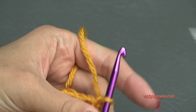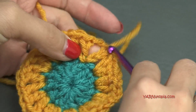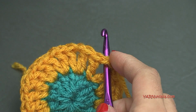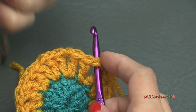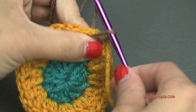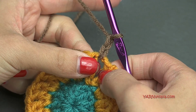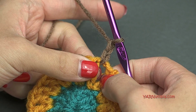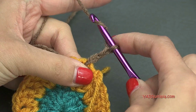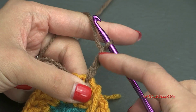But I am going to just chain 1 here, cut this yarn, pull that through. I'm going to insert my hook into any chain 1 space around. I'm just going to go right into this one and grab my new color, yarn over and pull that through, and then chain 2, 1, 2. Okay, now we are going to make a beginning popcorn stitch. Okay, so what we have to do is chain 1 more, so chain 3 in the beginning here,